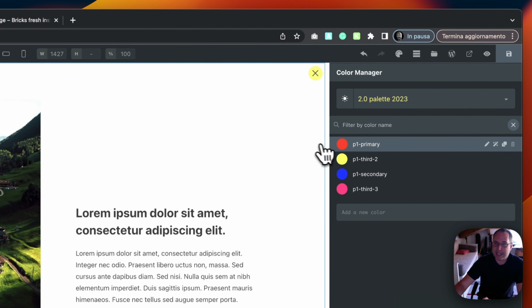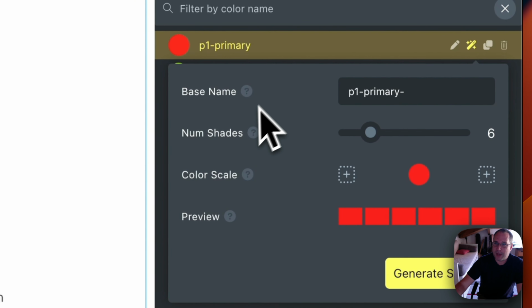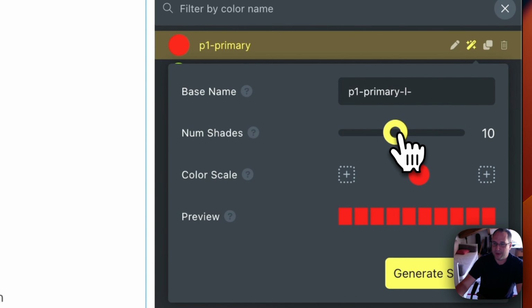And how to create the shades? Let's just hover on primary, generate shade button. Let's click on it, and you'll see now a new dropdown where you can select the base name. So let's say we are going to create 10 light shades of the primary. I'm going to say L as the base name, and I'm not going to insert a number here, just the base name. The script will autocomplete the numbers. I'm going to choose the number of shades that I want to create. I want to say 10, okay. And the color scale is